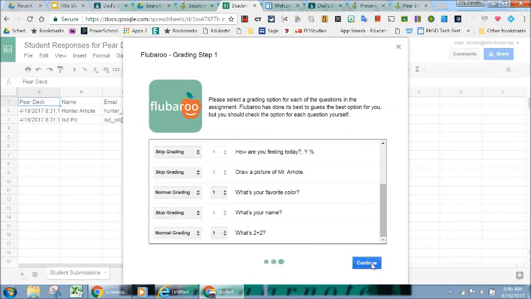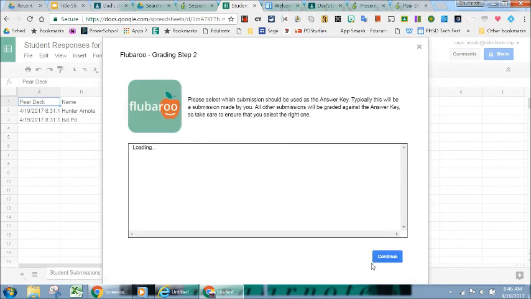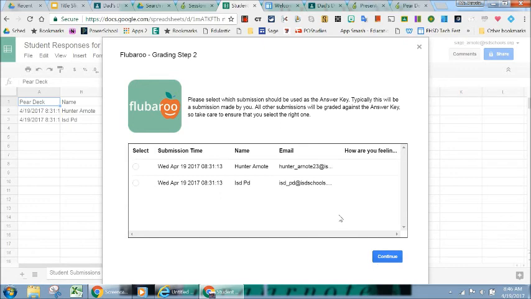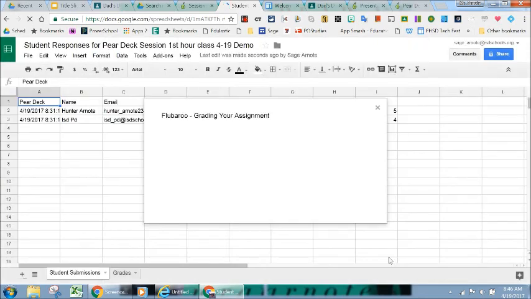So when I hit continue, it wants to know, okay, those are the questions that you have. Who of these folks should be the answer key? Now, I would need to go ahead and put in some responses of my own and then select myself to be the person that is the answer key, or I could choose, if there was a student that I know got all the right answers, I could click them, and based off their responses, it would grade the other students